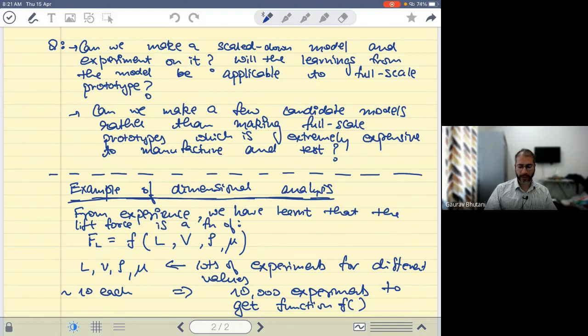But then changing a fluid may be expensive, and doing the whole experiment will require some man hours and so on. So it may be very expensive to do an experiment. If it was, let's say, 10,000 rupees an experiment, then we're talking about many lakhs of rupees being spent simply on getting this functional form. So you can see that it's very expensive, but one has to do that. I mean, there's no other solution available to be able to understand the functional form altogether.